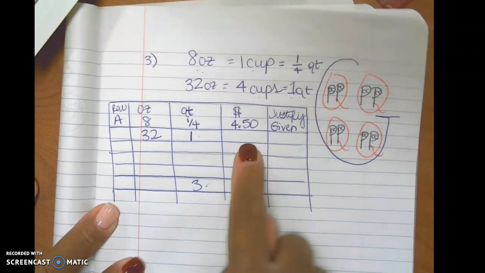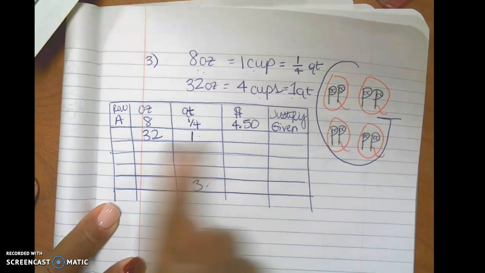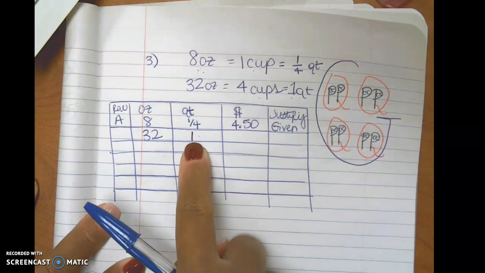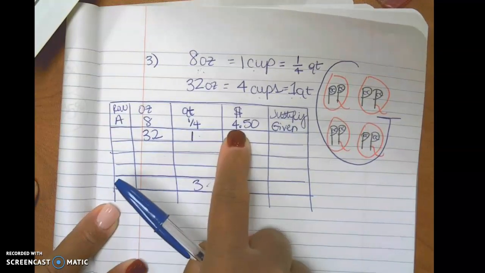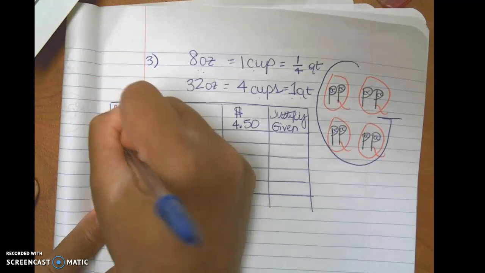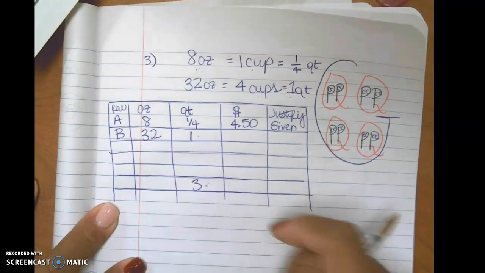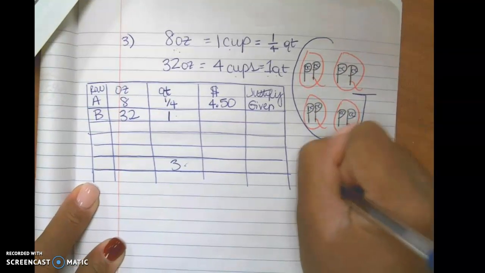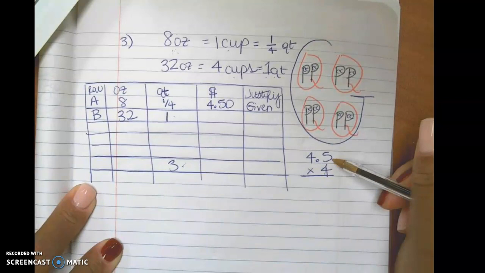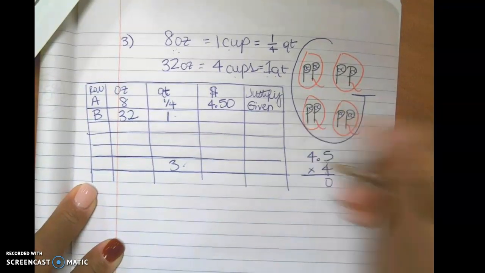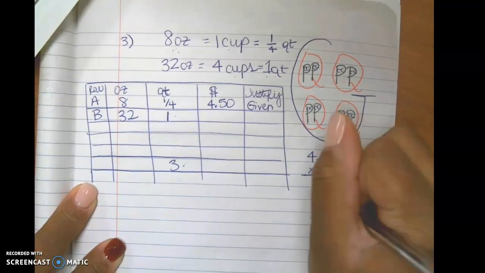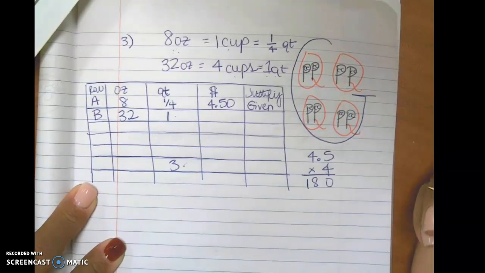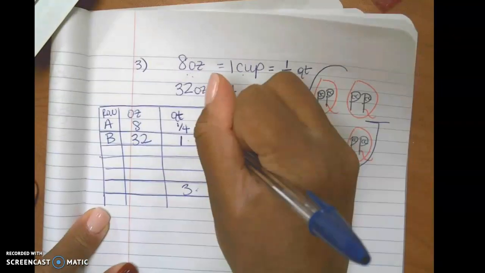Oh, wait, pause. I don't know how much it costs for 32 ounces. How do I get from 8 to 32? How do I get from 1/4 to 1? So what do I need to do to this 450? Times 4. I'm doing the same thing to each part of my row. So 450 times 4, come over to the side. 4 times 5. And 4 times 4 plus 2. And place my decimal between 8 and 0. So it's $18